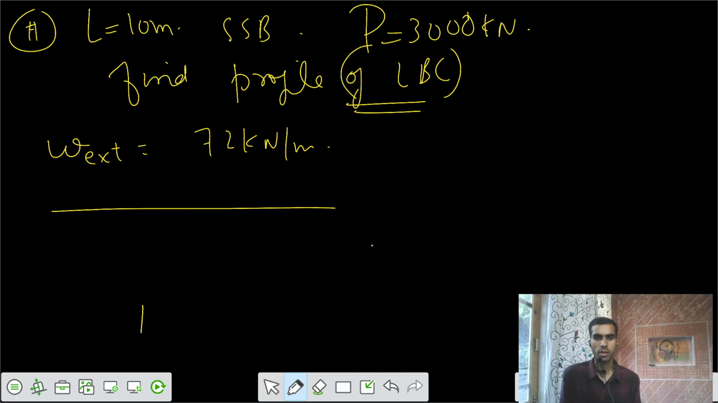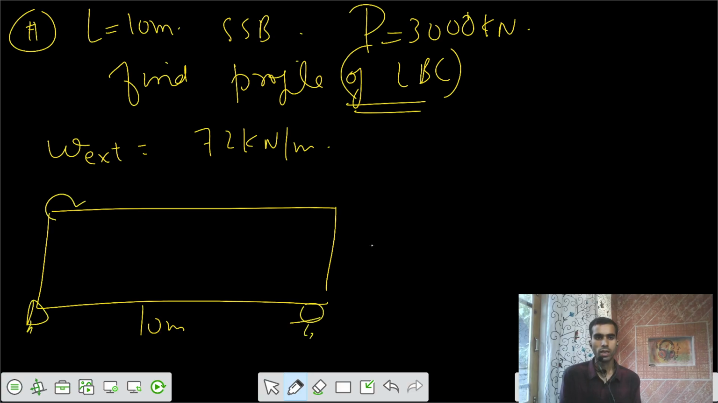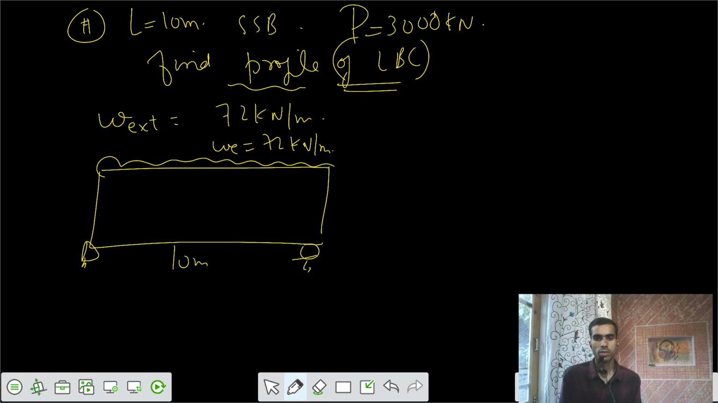So we have a 10 meter beam. There is an external UDL of 72 kilonewton per meter, and we want to find the profile for the complete load balancing. Let's go for that. If the eccentricity at the end is equal to 0, your cable should be parabolic such that your value at the midspan is equal to E. So your value of E is